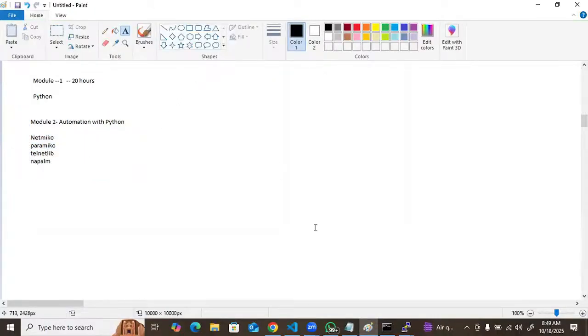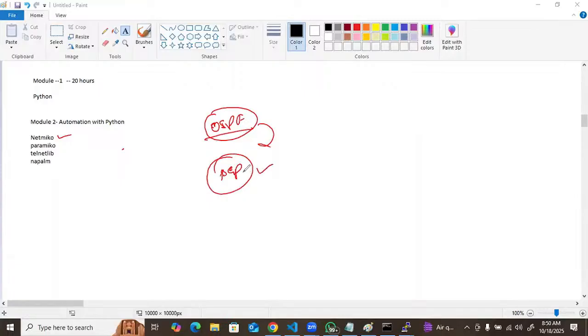Okay, tell me one thing. If we are able to interact with the network equipment using these libraries, suppose I show you how we can configure OSPF. Once you are able to configure OSPF, then after that, is it difficult for you to configure BGP, guys? No.